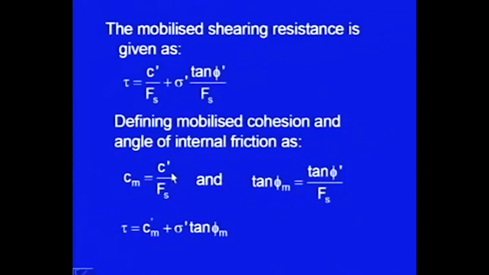If our confidence is large, if I am sure that the phi dash value or C dash value, whatever I am getting, is likely to be the same, then I will be using a lesser factor of safety. So, depending on the confidence in these parameters, C dash and phi dash,